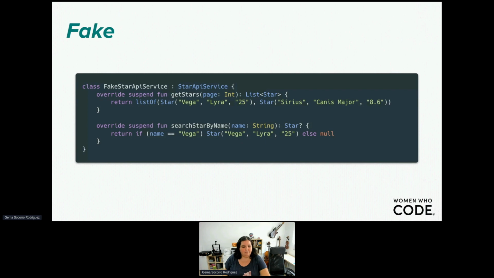And here we are going to have a method called getStars, and here we are faking the return of that method, and we are saying, hey, you are going to return always this list of stars containing Vega and Sirius and whatever. So that is what a fake will do.